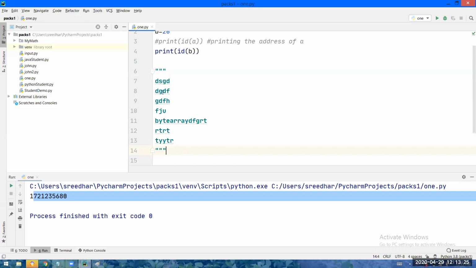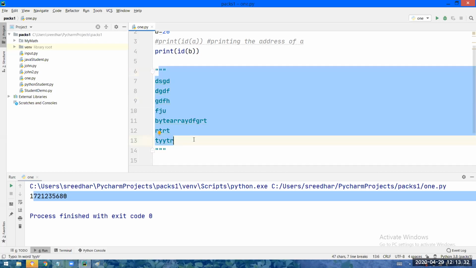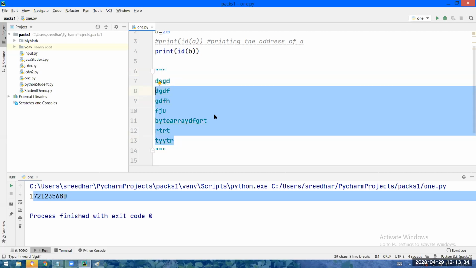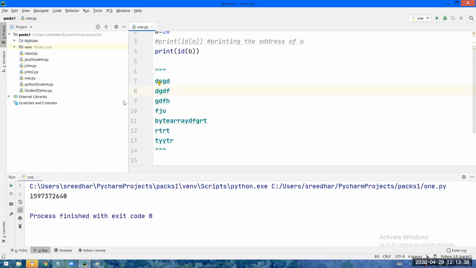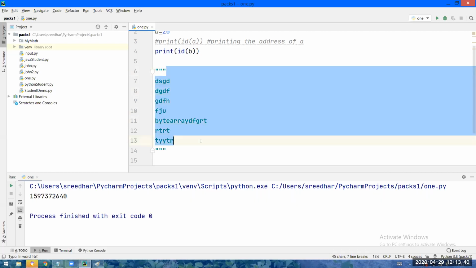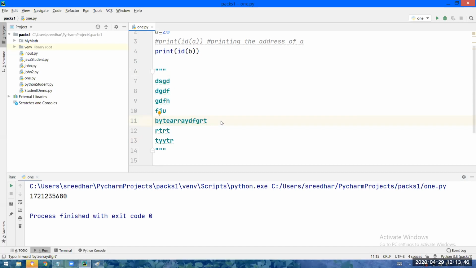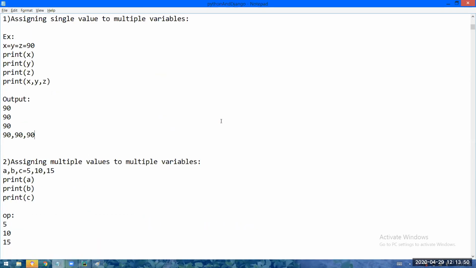So double triple quote or even normal triple quote can be used to comment multiple instructions at a time, and there is no effect of them. In my output, these instructions are not at all going to affect my output. That's what I'm telling you.